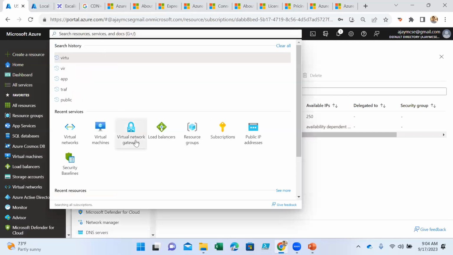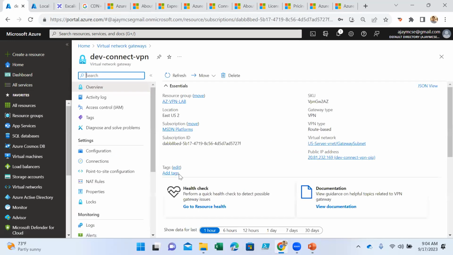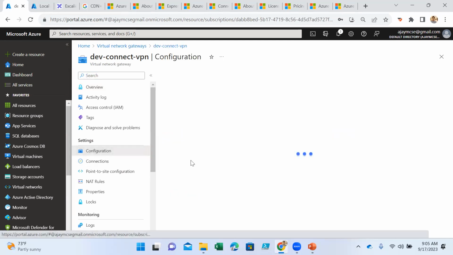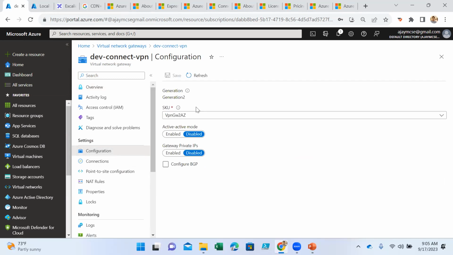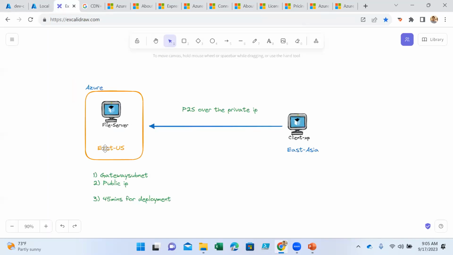So this is the virtual network gateway configuration, which we configured here. Here it is, the public IP configuration. As of now, nothing. Active mode is disabled, and here is the point to site that we need to configure. Now, if we go back, we have configured one part. The client part still needs to be configured, right? So we will be deploying one client machine,